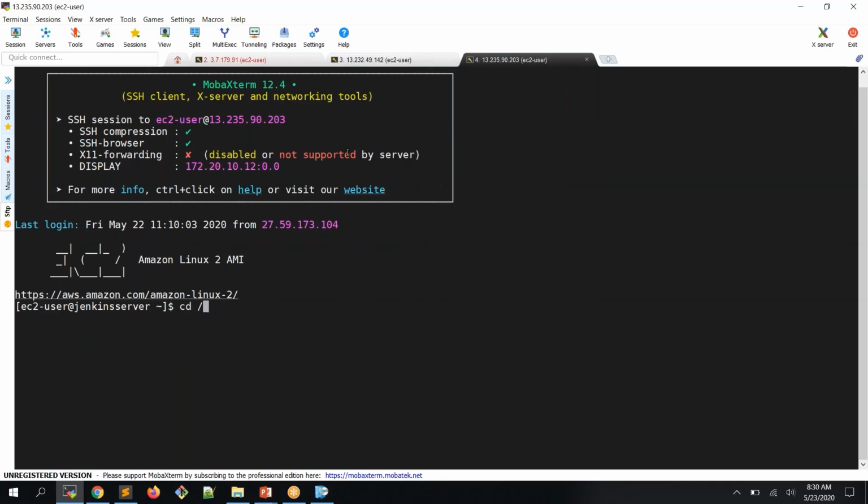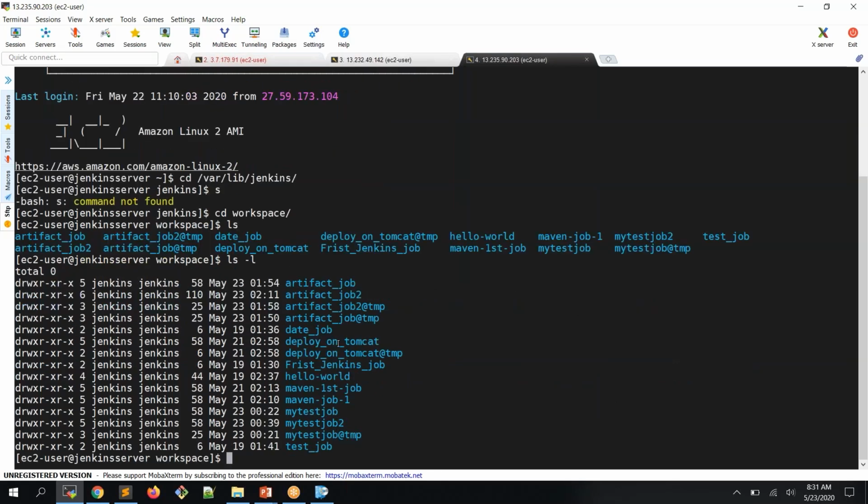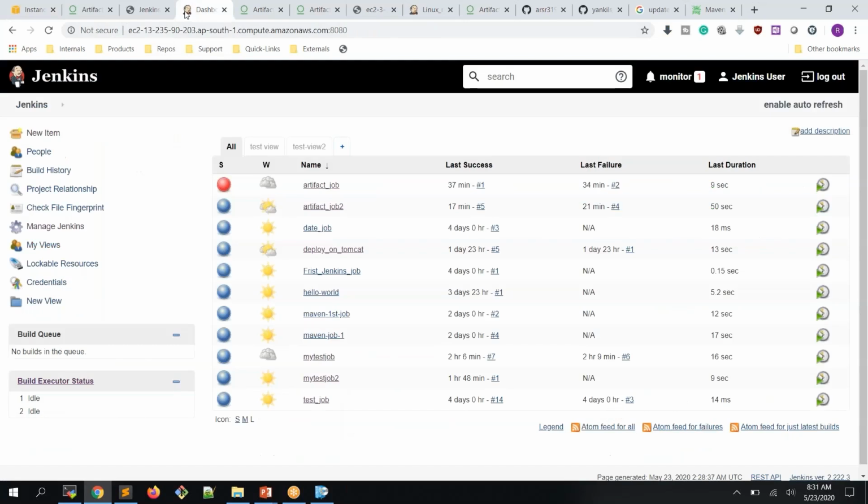I mean to say, in the Jenkins master the default directory is /var/lib/jenkins. Under Jenkins we have workspace, and under workspace you have all the jobs. So the slave job, we don't have any job called slave over here even though we created it, right? Because it is working on the target system. Clear? That is how we can configure our Jenkins slave, and how we can execute our jobs on the slave